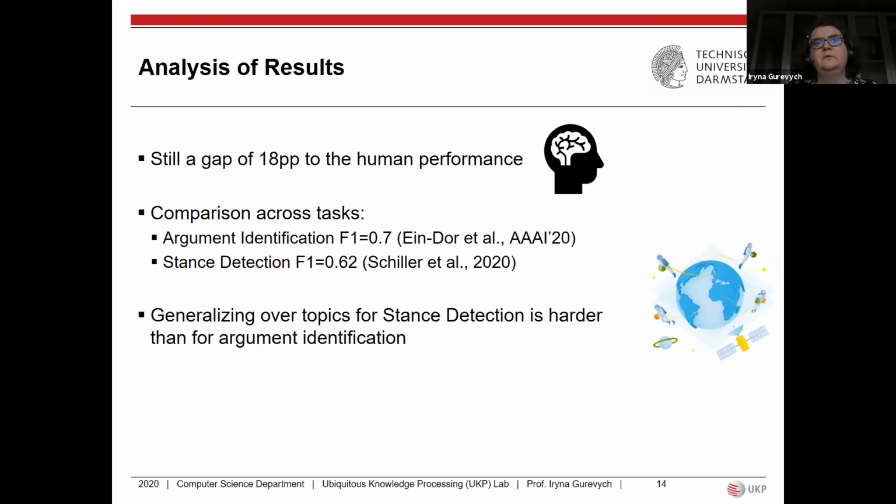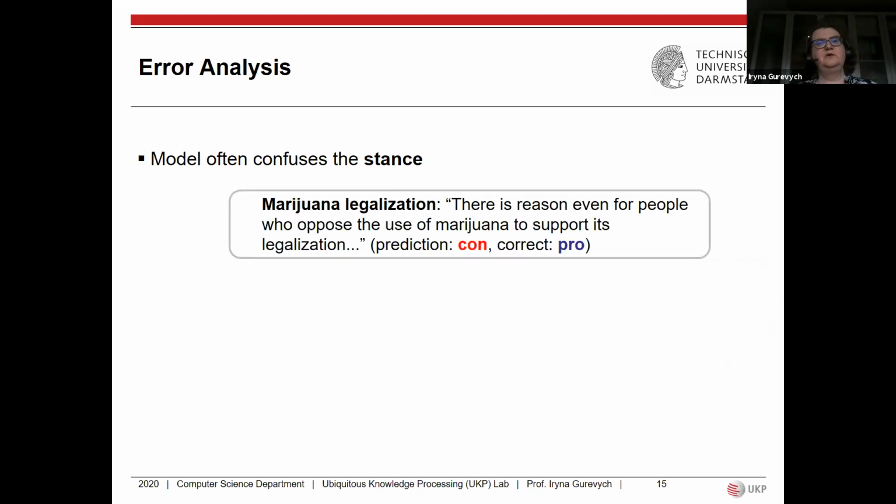So in sentiment, you might be familiar with examples like the cold cola is positive, but the cold pizza is negative. So a similar phenomenon happens here, and the analysis should be more fine-grained as compared to what we do now at the sentence level. In our error analysis, we find that the model often confuses the stance, like in: there is reason even for people who oppose the use of marijuana to support its legalization. Here, the word oppose is not used to oppose, but rather to strengthen the topic,